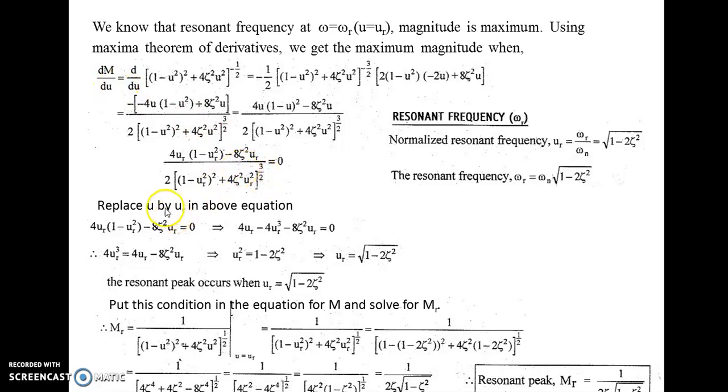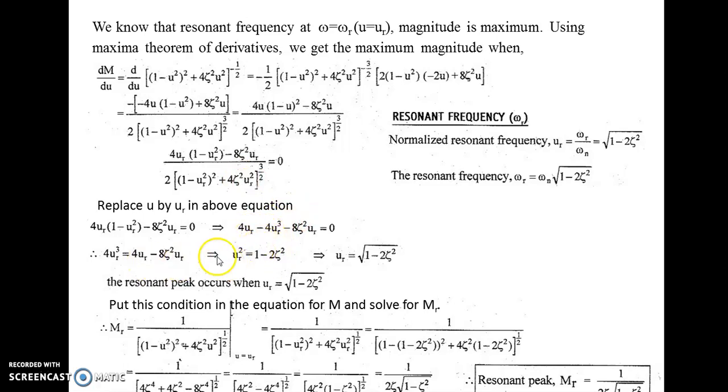After that, substitute u equal to ur. Just simplify here. First, differentiate M with respect to u and you will get this value, and substitute ur. Simplify those